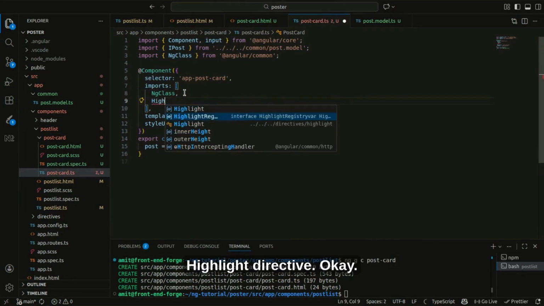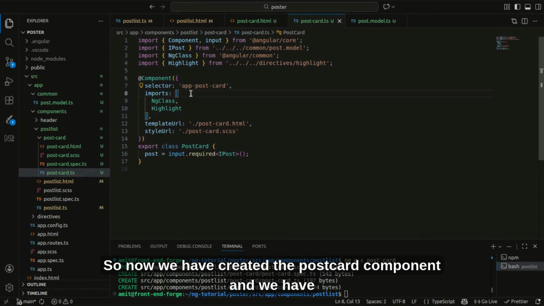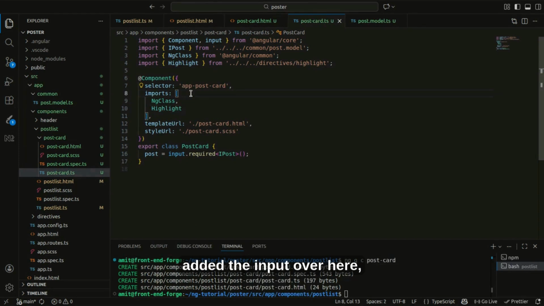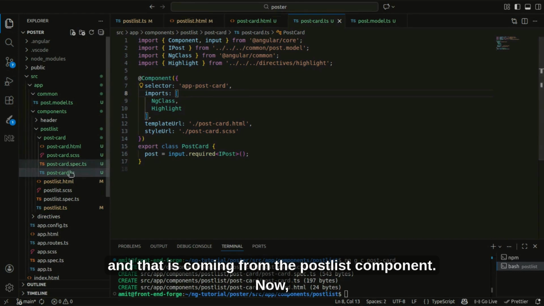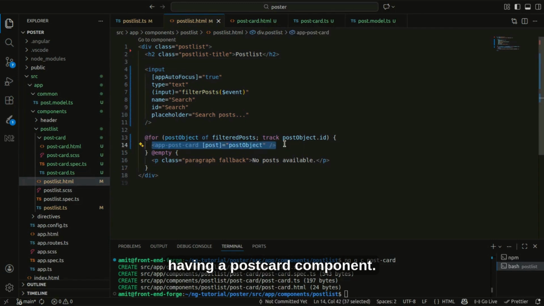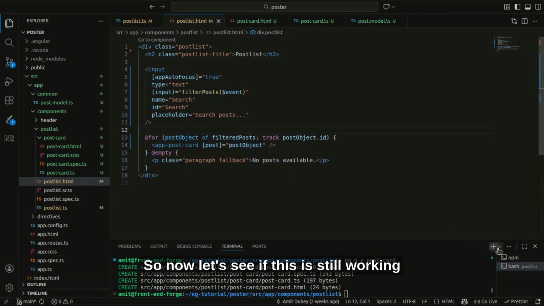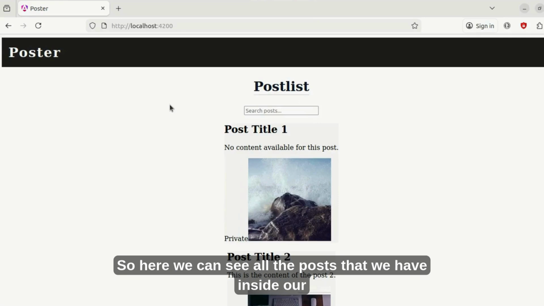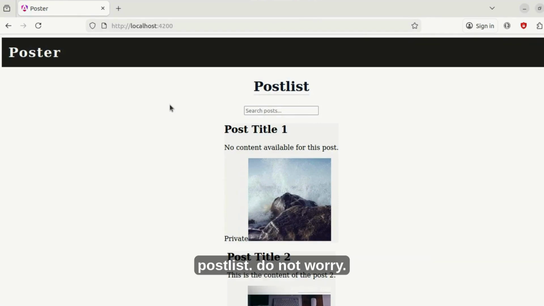Now we have created the postcard component and added the input over here, and that is coming from the post list component. Each of the posts inside this for loop will have a postcard component. So now let's see if this is still working the same way. Here we can see all the posts that we have inside our post list. Do not worry about the styles, because those styles are inside our